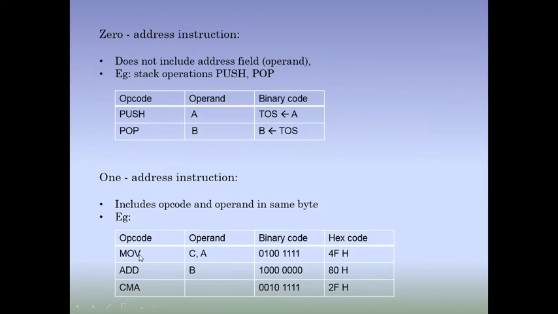So an example of such an instruction is MOV C,A. Now A is the accumulator here, and MOV is the opcode. So to store this instruction MOV C,A, this will be the binary conversion. When we convert this assembly code into binary code, it will be converted into these 8 bits. So in total there are 8 bits. The first, left hand side 4 bits will indicate the opcode, and the right hand side bits will indicate the operand, that is the name of the register here. So this is an example of 1 address instruction.